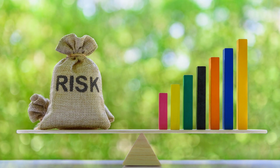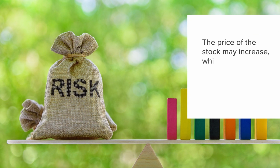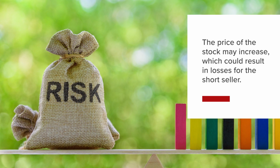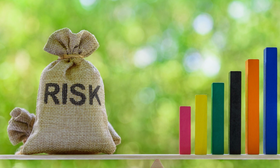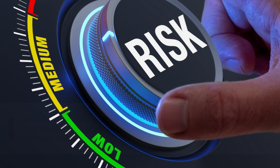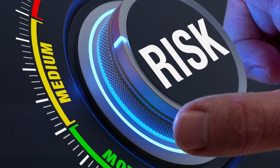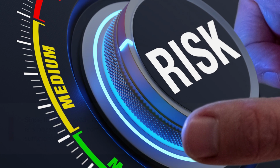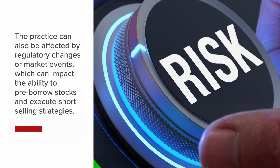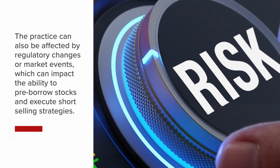However, pre-borrowing stocks for short selling also comes with associated risks. One of the biggest risks is that the price of the stock may increase, which could result in losses for the short seller. Additionally, there may be a shortage of stock available to borrow, which could prevent the short seller from executing their strategy. Furthermore, pre-borrowing stocks for short selling requires careful market analysis and a thorough understanding of the stock being shorted and the potential risks involved. The practice can also be affected by regulatory changes or market events which can impact the ability to pre-borrow stocks